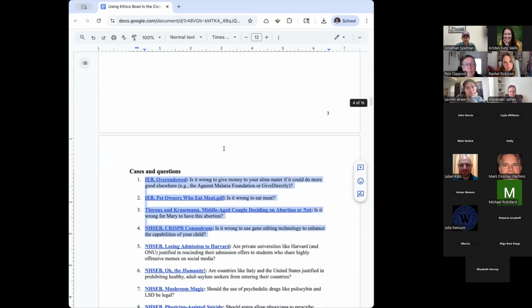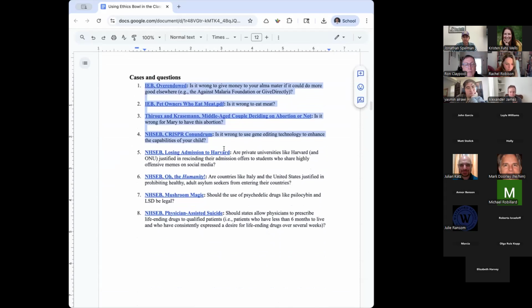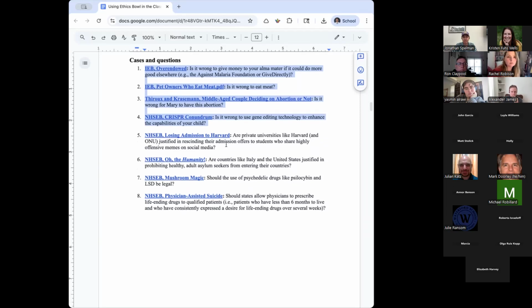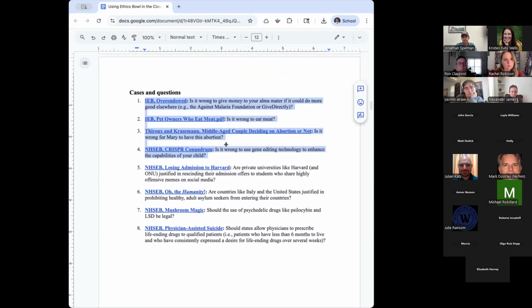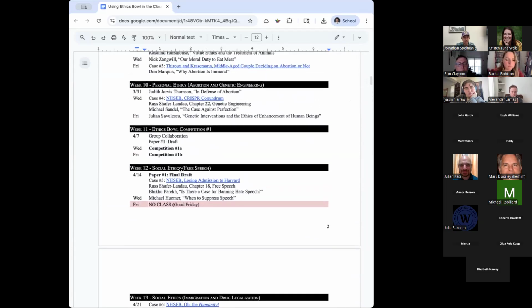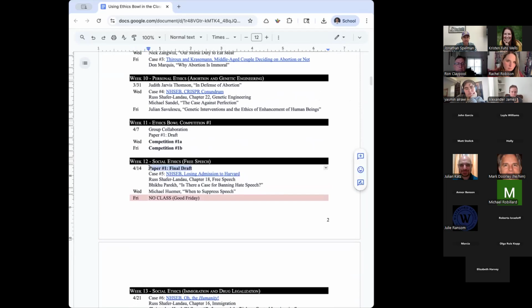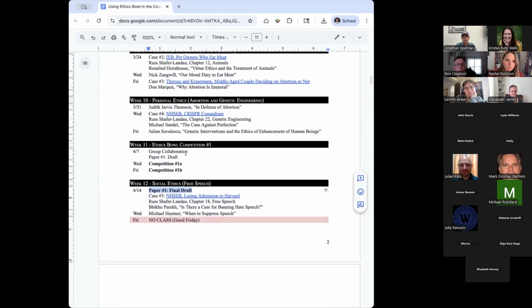I guess another thing I should mention now, as far as how this is structured, and this is one question you might have: how do you get the students motivated to work on all of these issues? How do you make sure the groups are making progress there? The thing that we've done is all the students have to write a paper. At the beginning of week 12, paper 1 is due. So each student is going to have to write about one of these topics.